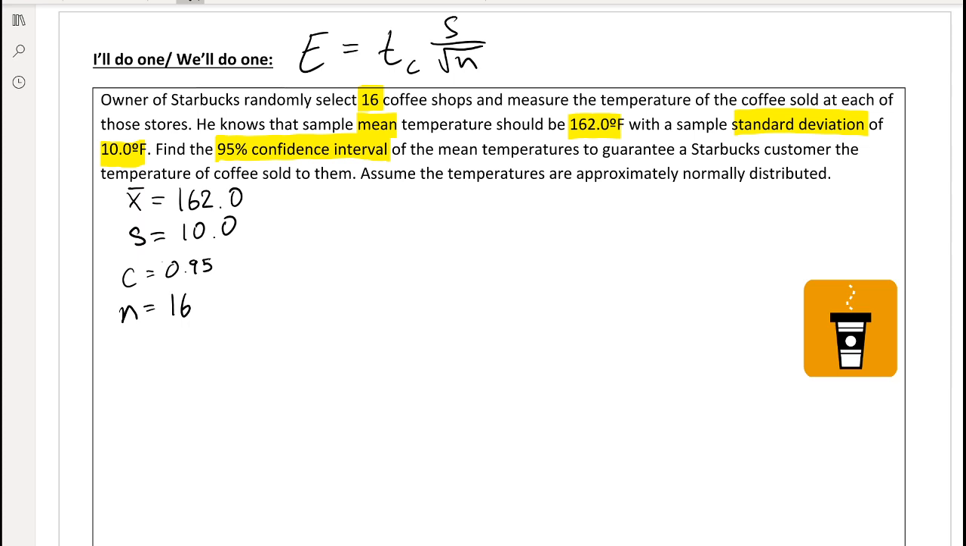But I kind of know that because this is the example that I'm doing for this problem right here, right? So now, since I know that, I'm also going to need the degrees of freedom. And the degrees of freedom, remember, is just your sample size, in this case 16, minus 1. So my degrees of freedom is just equal to 15. Okay? With my confidence level of 95% and my degrees of freedom of 15, I can go to my